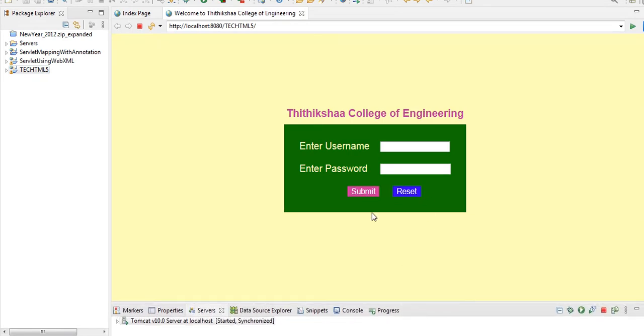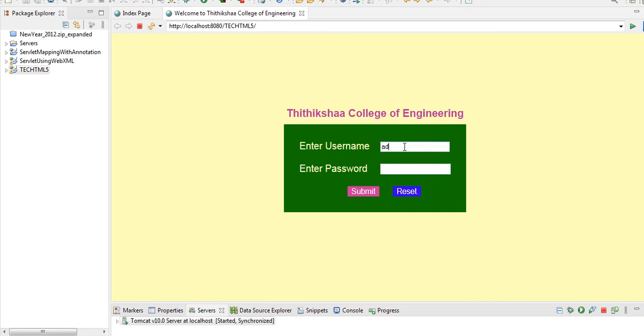Here what happens, I am giving a login page. I am giving the username admin and the password admin123. If I give the correct password, it will go to the welcome page. Before that, I want to tell you, this is a table. I have designed this with the help of a table. This is called a text field, and these are buttons, a submit button and a reset button. What is the purpose of reset? If you click this, everything will be cleared. That is the use of the reset button.